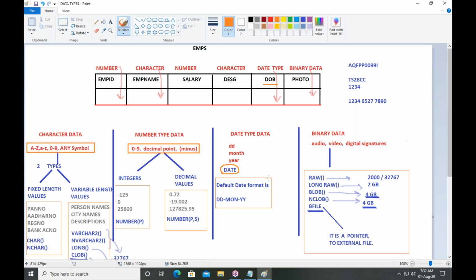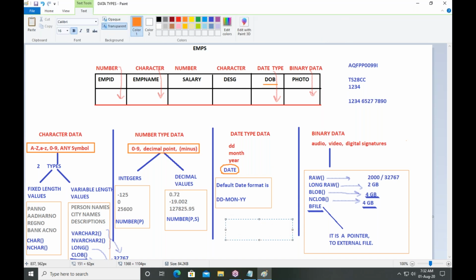What is today's date? According to our Indian culture, how to write a date value? We are writing a date value like this: DD, MM, YY. But if you go to USA, here they are following this format: YY colon MM colon DD.